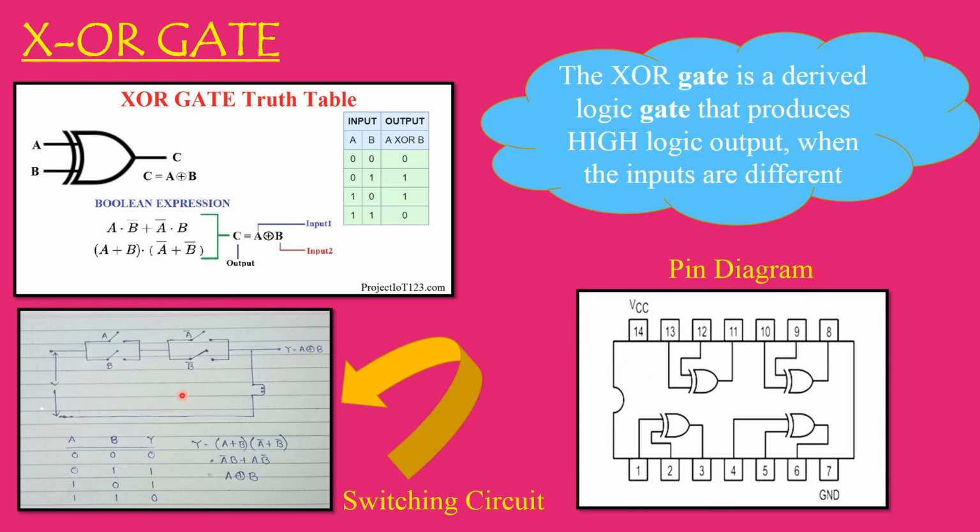So next, as usual, we'll see the pin diagram and the IC pin number. IC 7486 is always said to be your XOR IC. Even within this IC, you will have 4 XOR gates encapsulated. This arrangement is normal like your basic gates. You will have all your gates within your IC facing downwards, so you need not have any changes over here. All other things are the same like your basic gates configuration. But the IC number you have to remember. Got it? So next we will move on to